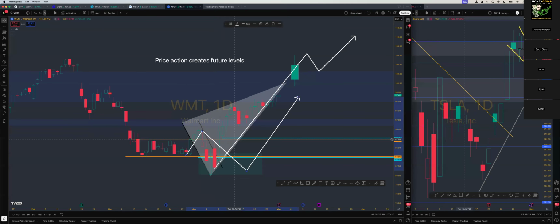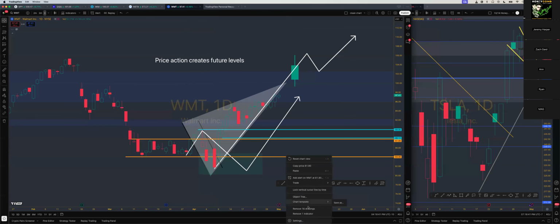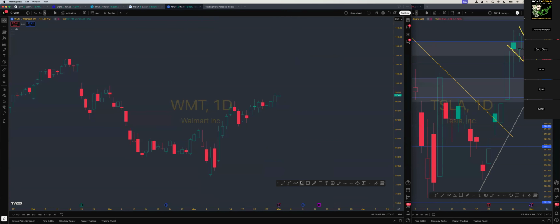And then if you move it here, look at that level. This is another entry. You could have just been like, "Oh, I'm in here." We clearly rejected it there. So you have this whole zone that's happening here. And then this is your risk. Okay, let's flip this around. And let's say you messed up and you're a bear. All right, you're a bear.